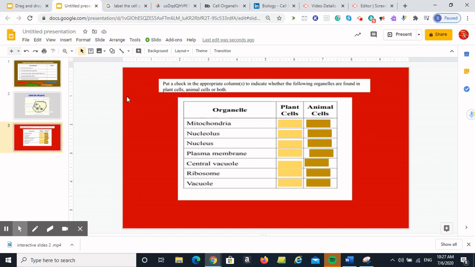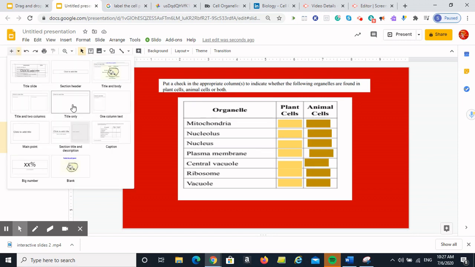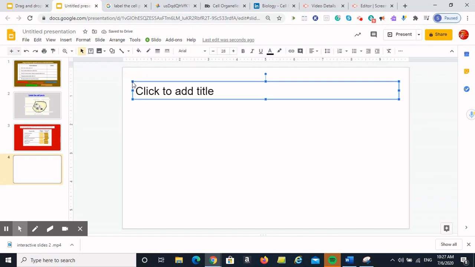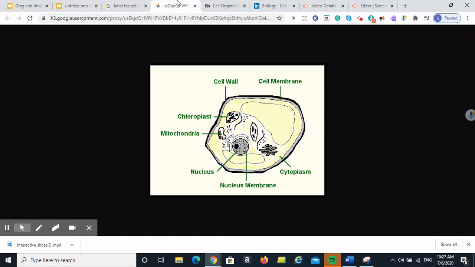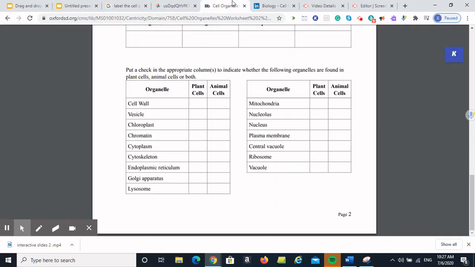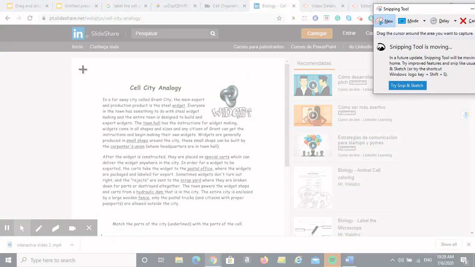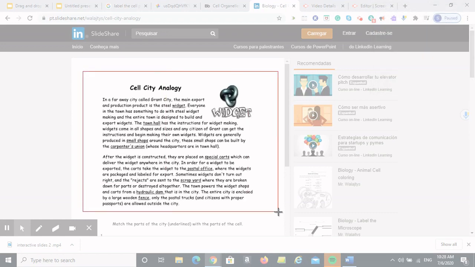Now our next activity is going to be read and type in your answers. To do that, I'm going to choose another slide and clear this slide. And for this, I'm going to use part of the SlideShare resource that I found. So I found this interesting story which I want them to read. So I'm going to use the snipping tool, take this out,